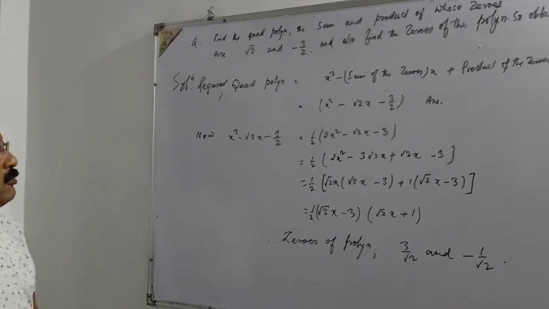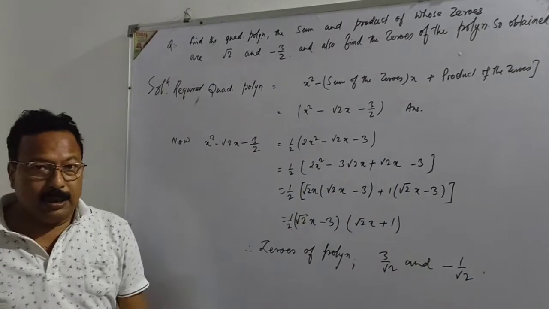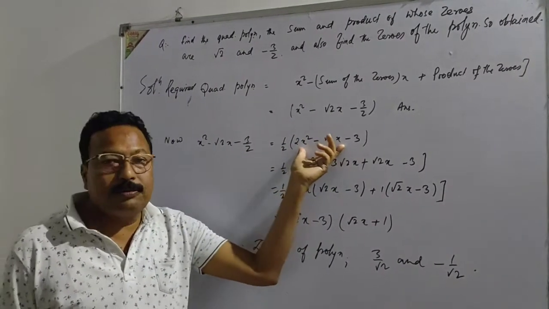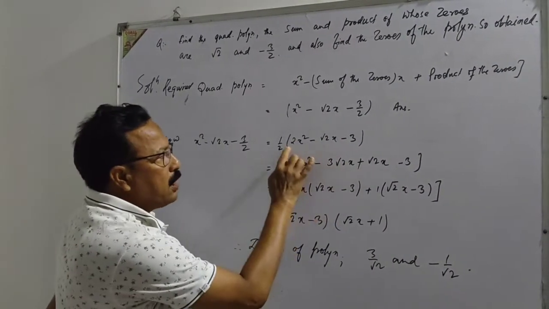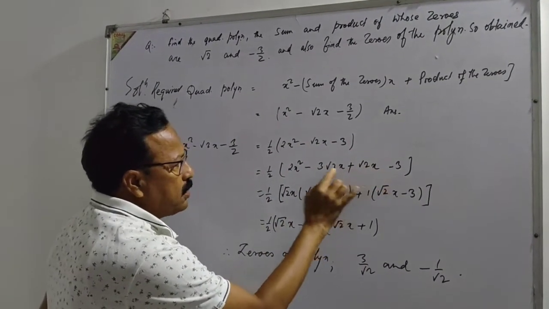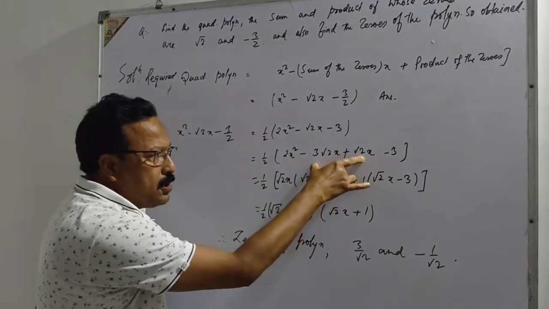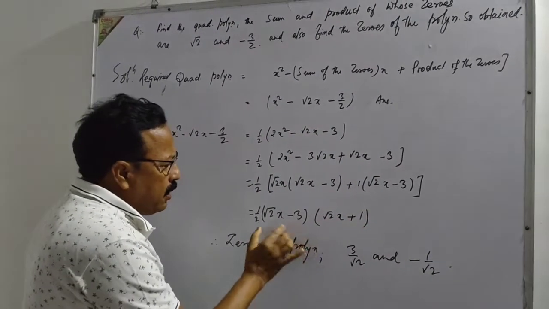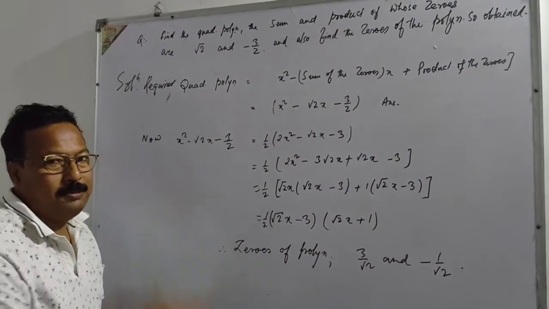And just now we are going to find out the zeros of this polynomial. To find out the zeros of this polynomial, we need to factorize this one by middle term splitting. Here 3 2s are 6, and 6 can be broken into two terms. 3 √2 into √2 equals 6, and the addition of these two terms equals √2 x. You will get these two factors, and half is taken as common.